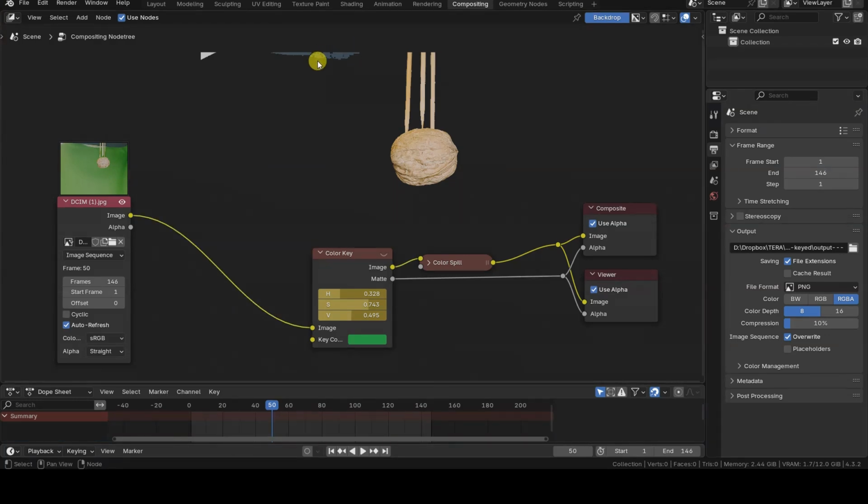When adjusting values, you should always keep an eye on the object of interest because while we want to remove all unwanted areas, sometimes this is not entirely possible, and you might accidentally remove parts of the object you need.